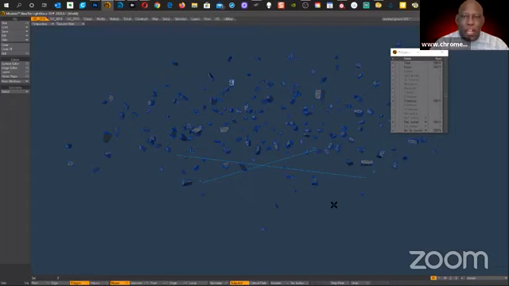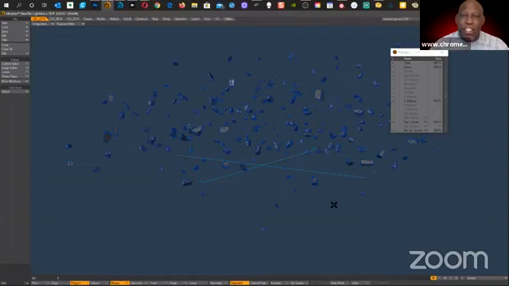Maya is a polygonal-based program. ZBrush is an organic-based program. Completely different workflow. Maya does have paintbrush capabilities, but it's mostly polygonal-based, where you create the polygons that make hard surface tanks and cars and buildings and stuff like that.